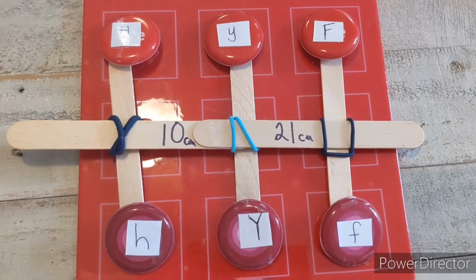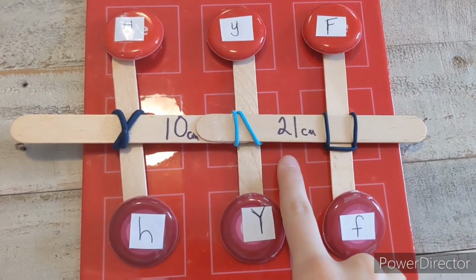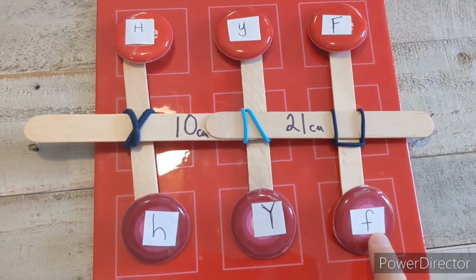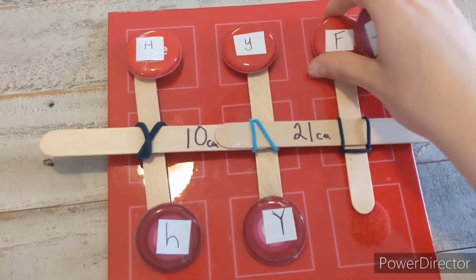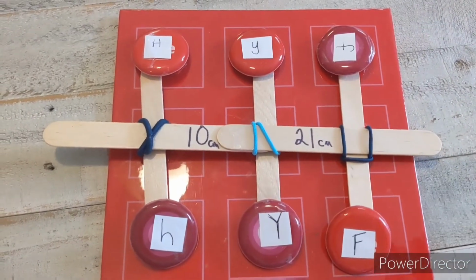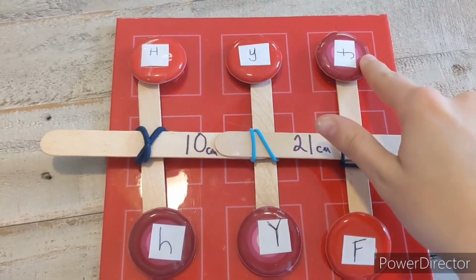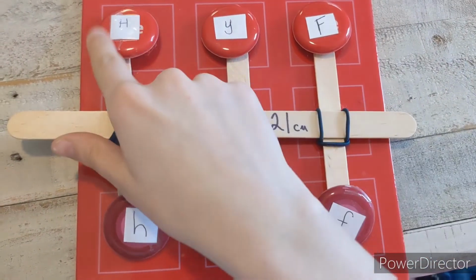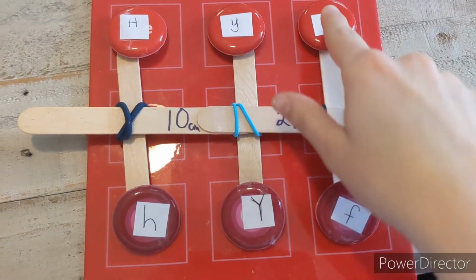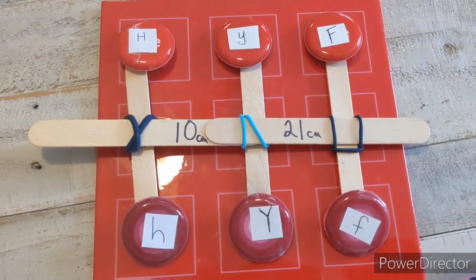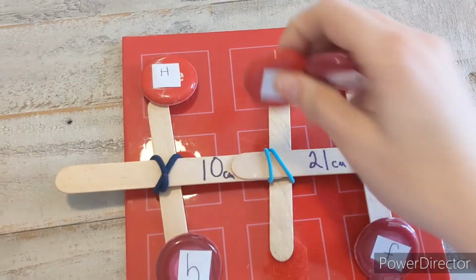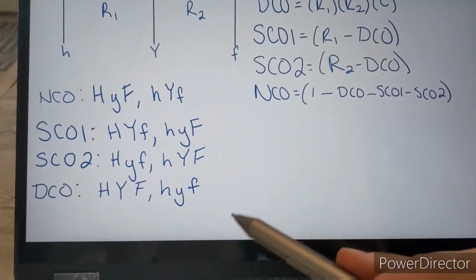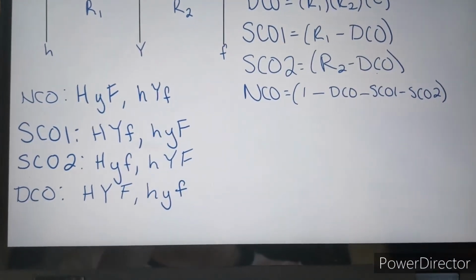Starting back at our original, if we were looking at single crossover in region 2, we would start here, big H, little y, and then cross to little f, meaning we would have to flip these two. And we would get the gametes big H, little y, little f, little h, big Y, big F. And in the last, double crossover, we would cross and then cross back, meaning the middle would flip. And we would get big H, big Y, big F, little h, little y, little f. And here you can see written out all of the possible genotypes.